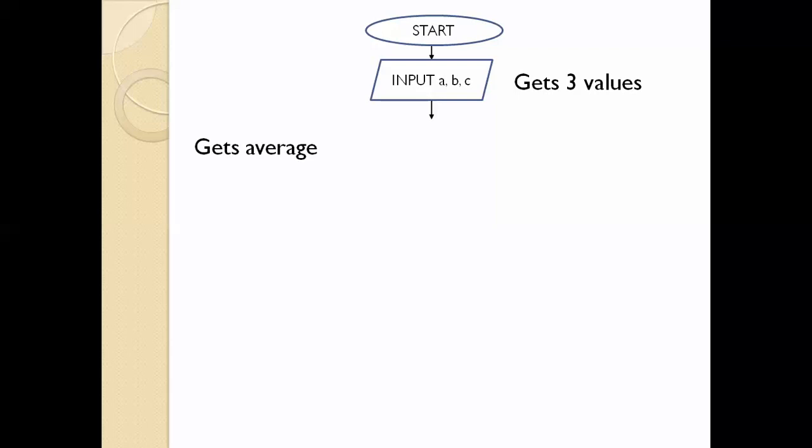So let's get the average. So we need an equation here for getting your average. We will add A, B, and C and divide by 3 because there are 3 values. So after that,